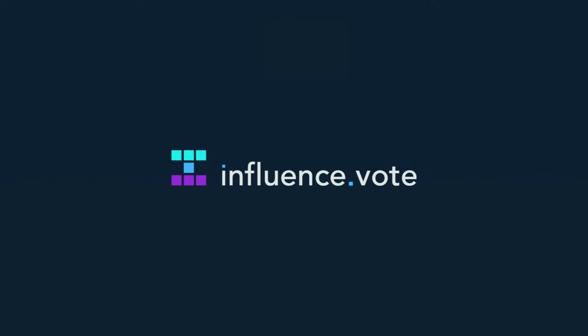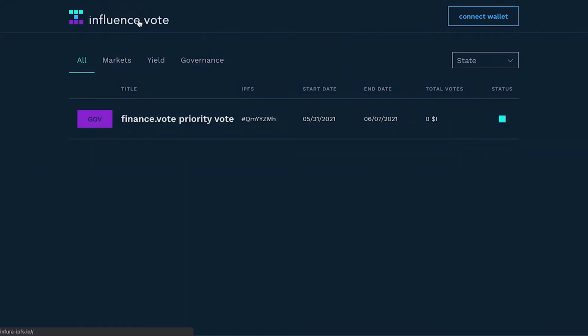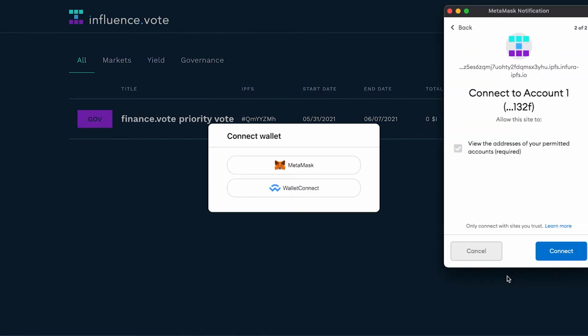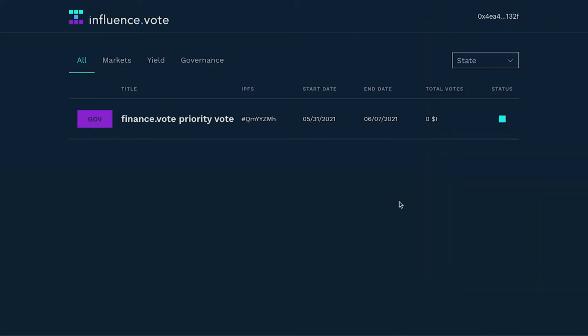Influence.vote is our second layer governance system that uses both NFT and token gated decision making to build high signal to noise dialogue about anything DAO participants want to talk about. It's decentralized content curation that allows creators on the internet to turn their feeds into DAOs. This is the core of our sense making system that will capture the desires of DAO participants and make sure that token holders of any size are listened to and heard.